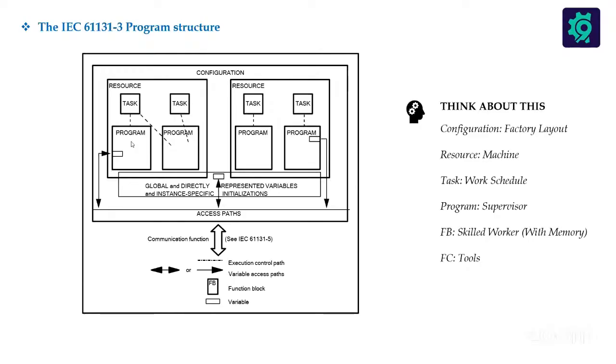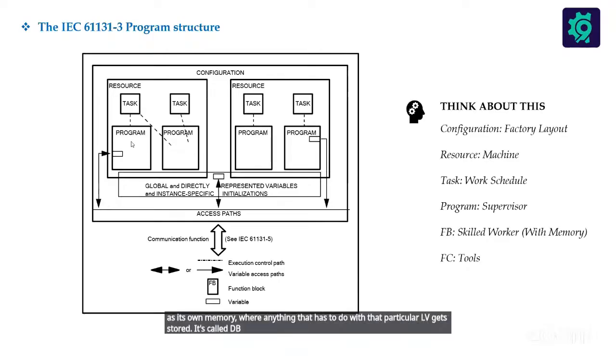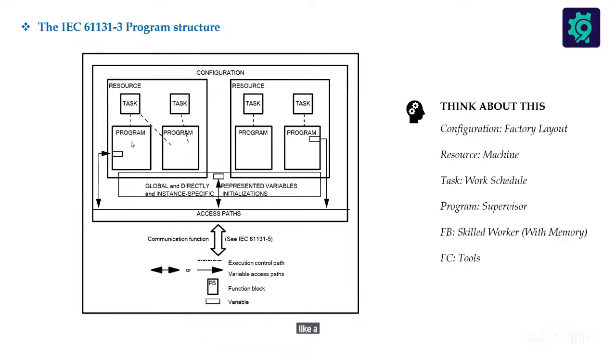FB has its own memory, where anything that has to do with that particular FB gets stored. It's called the instance DB of that particular FB. So any data that has to do with the program inside that FB gets stored in that instance DB. So it's like a worker that has a retentive memory